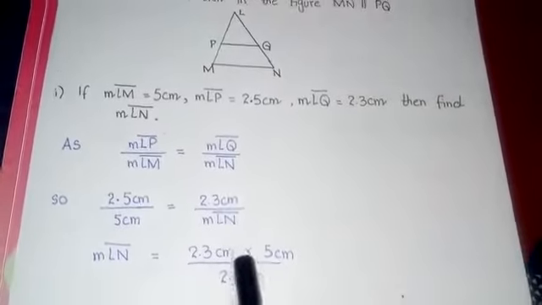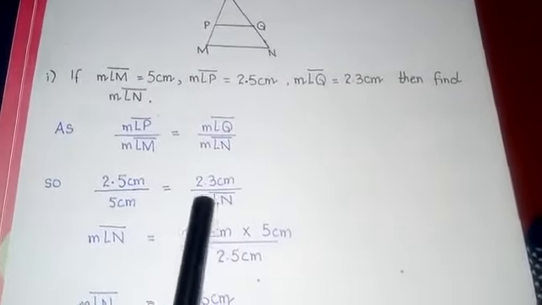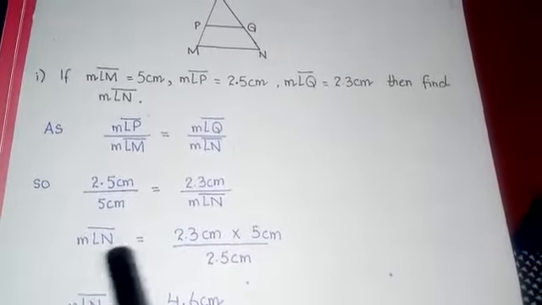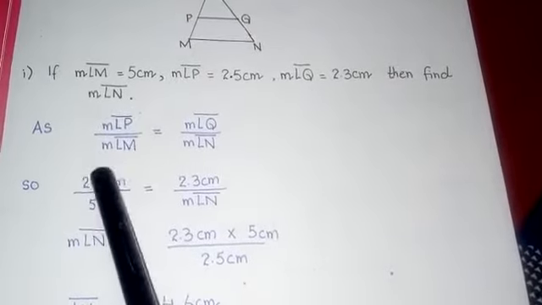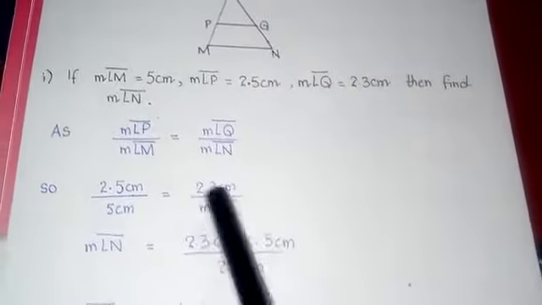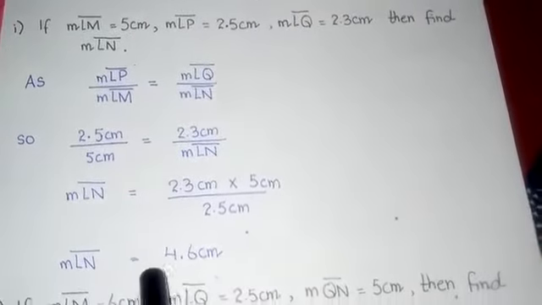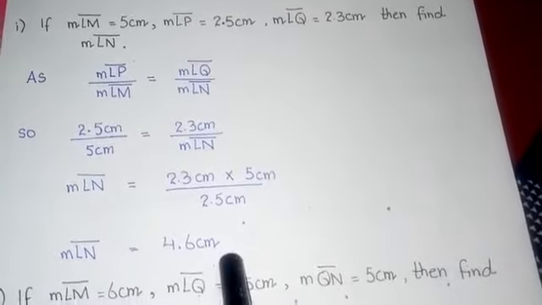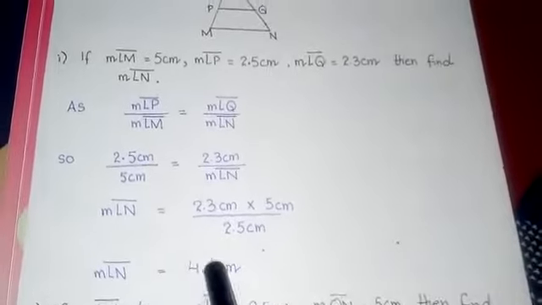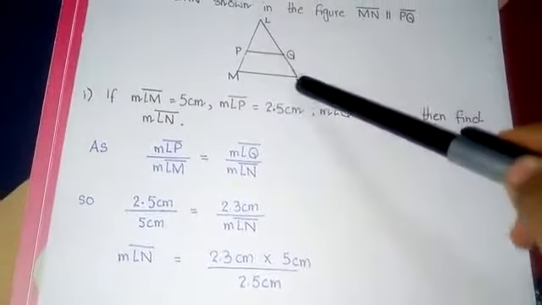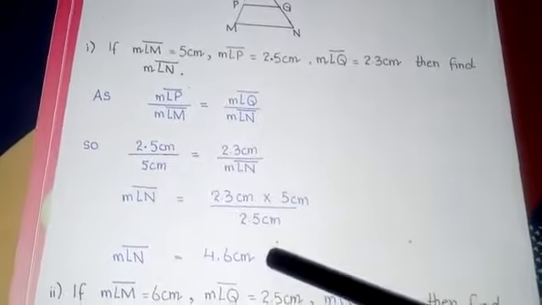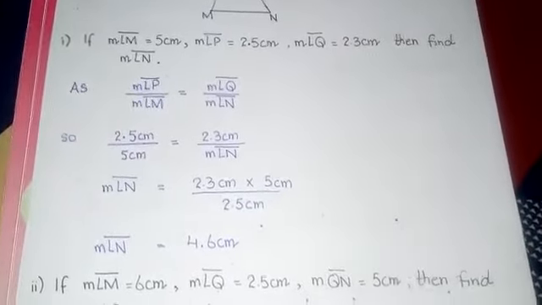Now we will cross multiply. I have taken LN to here, and 5 will go there and 2.5 will come here. Cross multiplication. Now by using the calculator, the answer will be calculated as 4.6 centimeter. It means the measurement of LN is 4.6 centimeter. Now the second